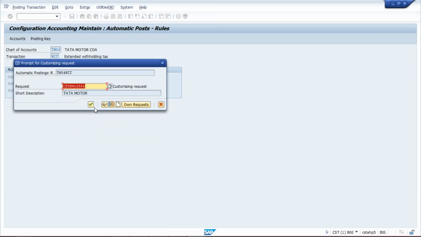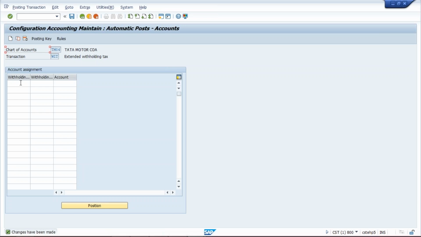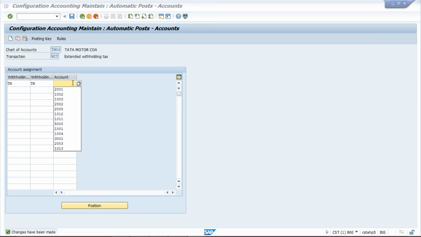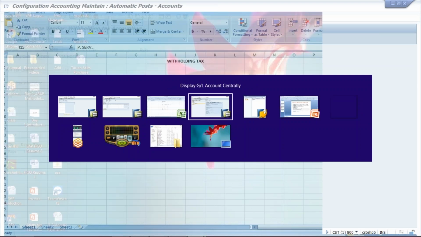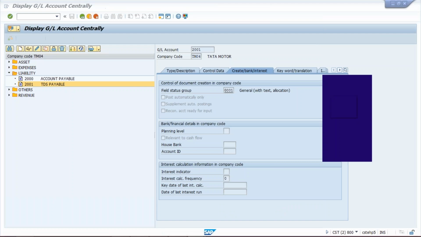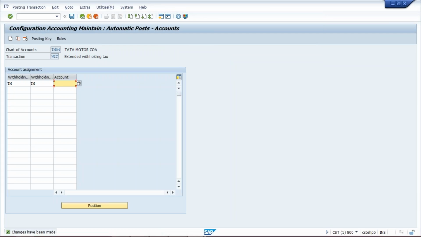Make it yes. And then here you have to give the withholding tax code, tax type, tax code, and then what GL we have given. What was the GL here? It is 2001. So here you need to give 2001.